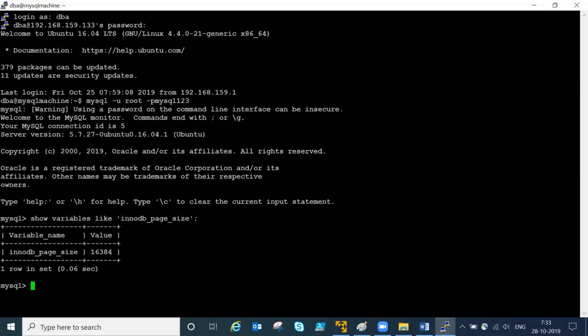Means if you get a requirement like I want to create a 4 KB table space with a name, yes, you can do that. I want to create with 8 KB, yes, you can do that. Based on your requirement, you can create your table spaces. Okay, now